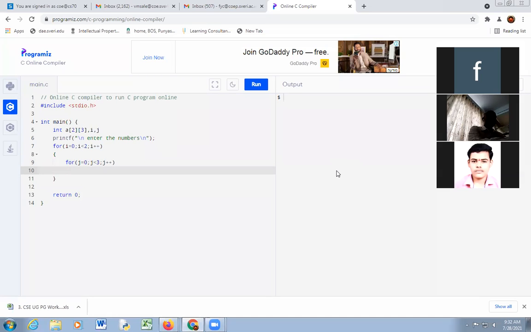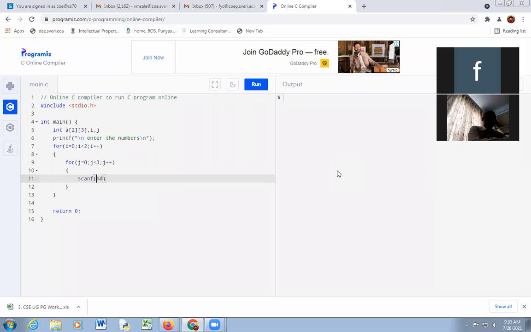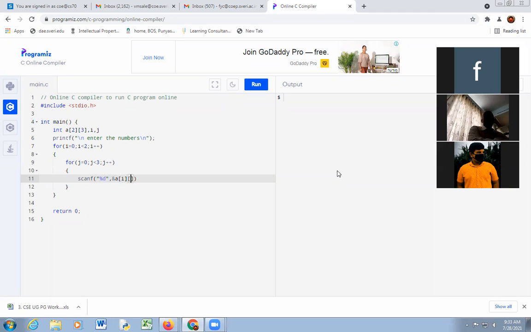Then scanf "%d" and &a[i][j]; semicolon.